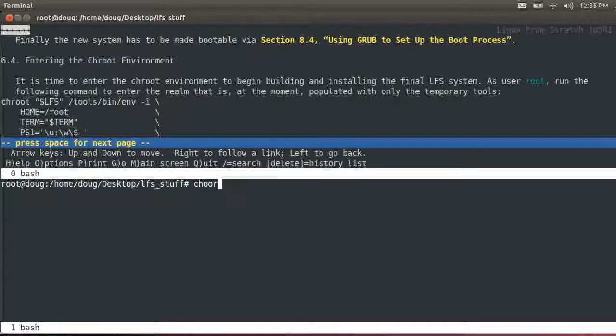Now we have the chroot. This is important. chroot "$LFS" /usr/bin/env -i. HOME=/root. TERM="$TERM". PS1 is going to be